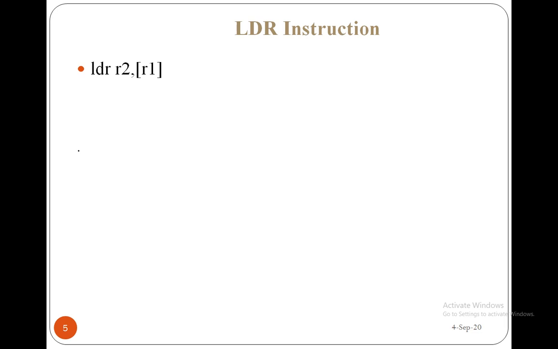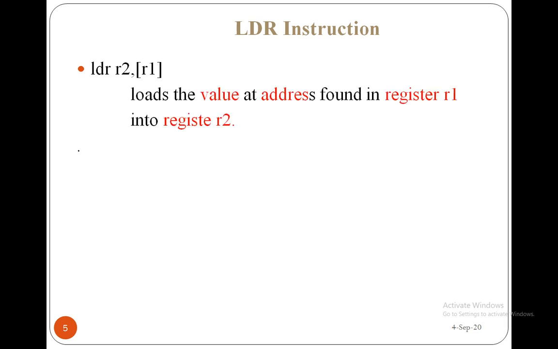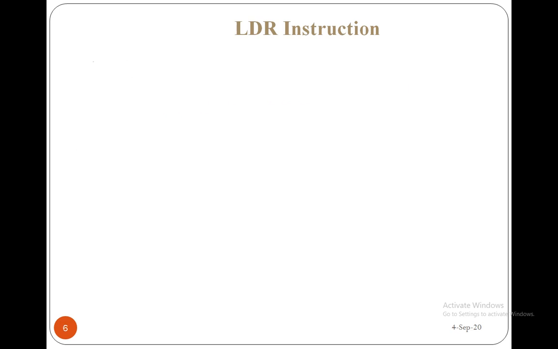So previously what we have done, we have got the address of the value. Now the data present in that address can be accessed by using the square brackets. So square bracket R1 means the data present in the R1 address is going to be stored into R2. That is, it loads the value at the address found in register R1 into R2. So now we'll see different types of LDR instructions, and in addressing of LDR instructions, LDR R0 comma R1 comma